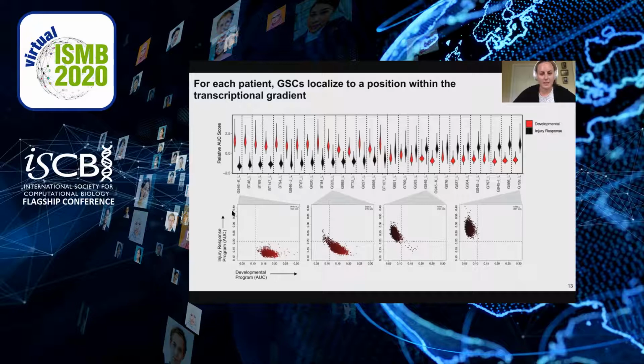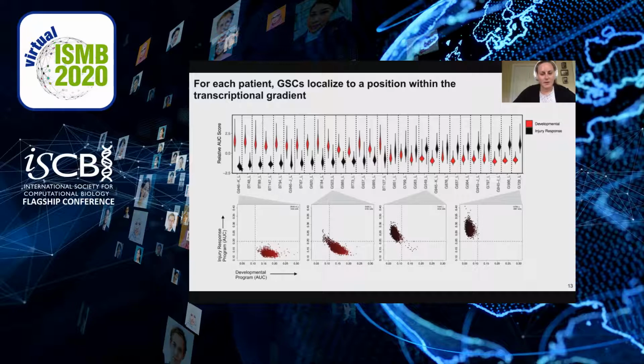So here we have violin plots, where in red we have the gene signature score for each cell from that sample for the developmental program, and the black ones represent individual gene signature scores for the injury response program. And then each column here represents a different GSC culture. And what you can see is that this gradient still coexists, and it's perhaps more prominent in this visualization, where